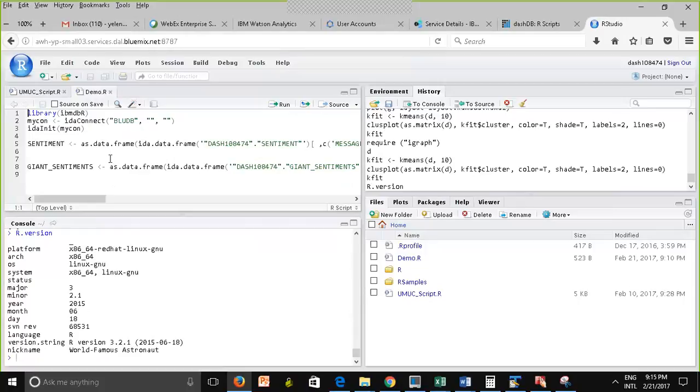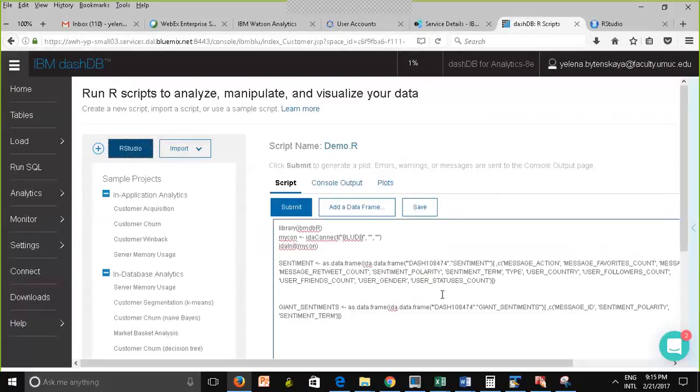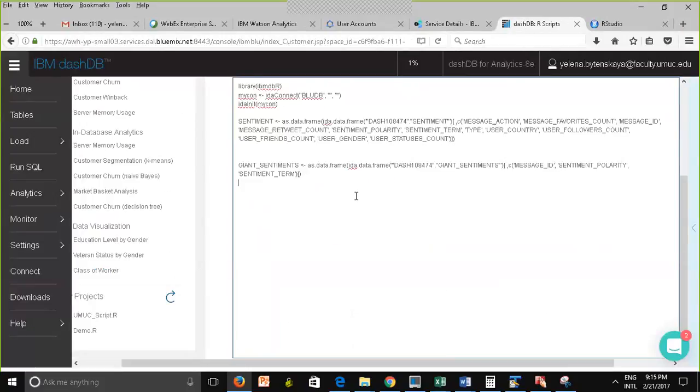When I make changes in here, let's see, I'm going to make a change and put this command right here. I made this change, but I did not save it. What's going to happen right now? If I go back here, the change is not here.